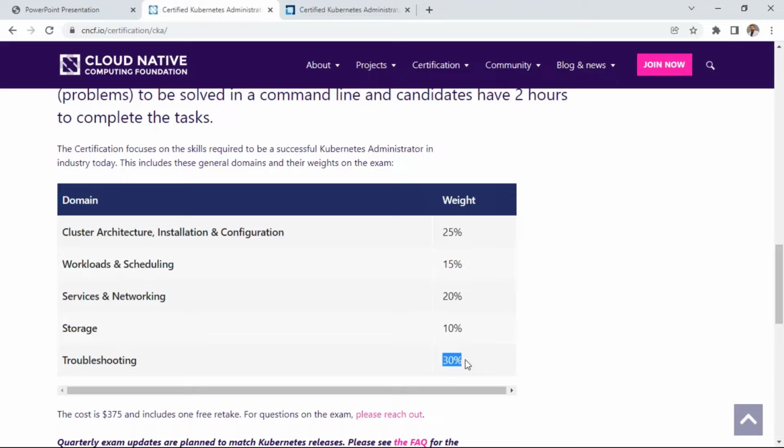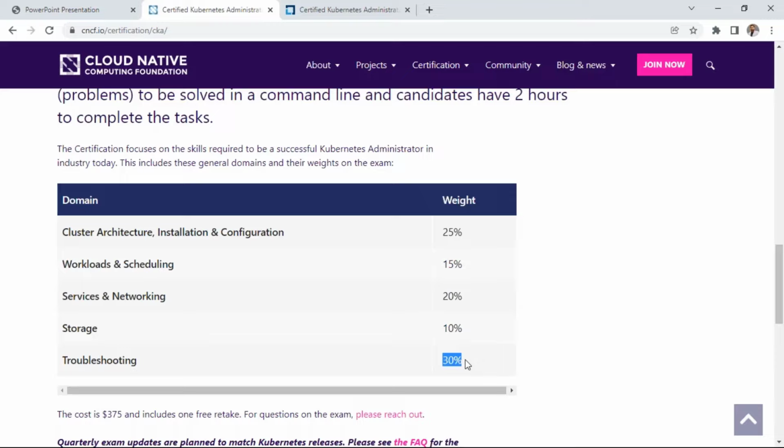To clear the exam, you've got to have around 66% of marks. The way these questions are built, a few of them are very elementary, very easy per se. Maybe they have lesser weightage, and a few of them might be a little tougher. It's a combination of both, right? If you do all of the easy questions, maybe the easiest question, I would say, is just deploy